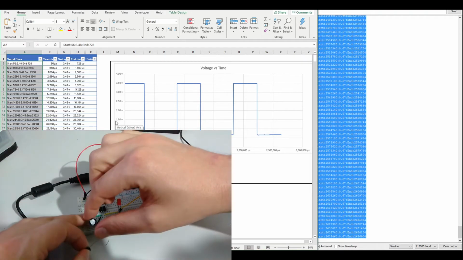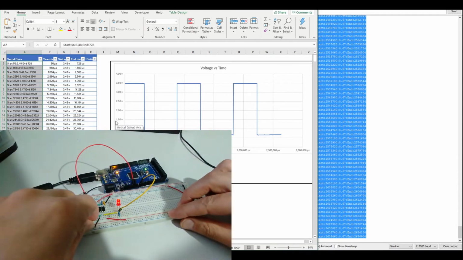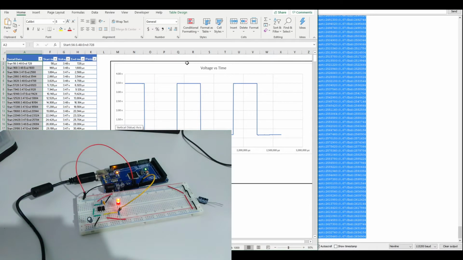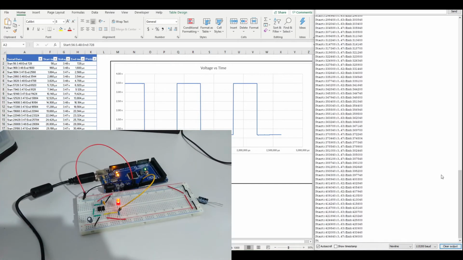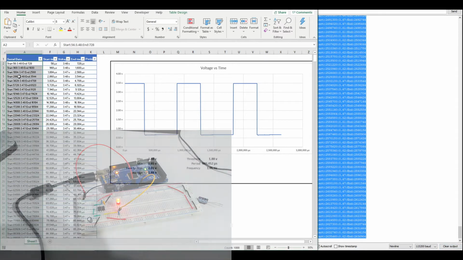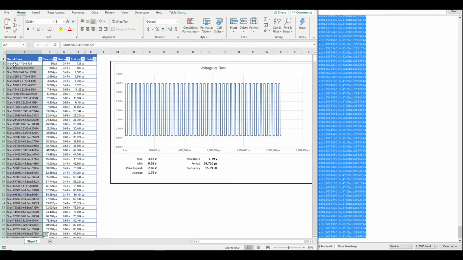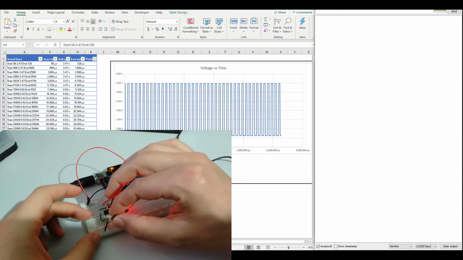Then if we swap that capacitor out for a 33 microfarad capacitor instead, we get a frequency that's sort of closer to 16 Hz. If we swap out the capacitor for one with 3.3 microfarads,